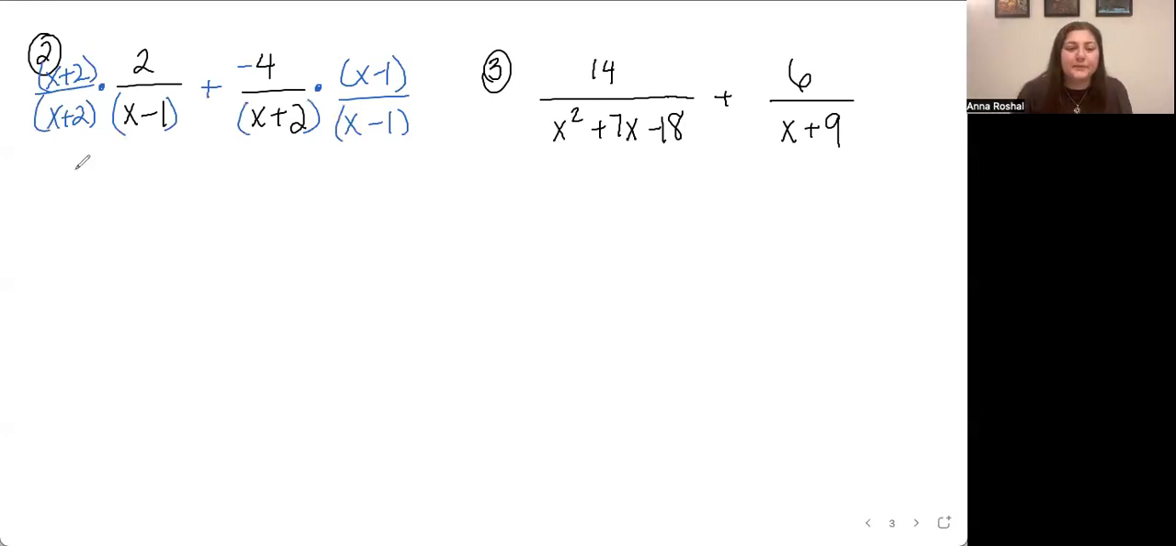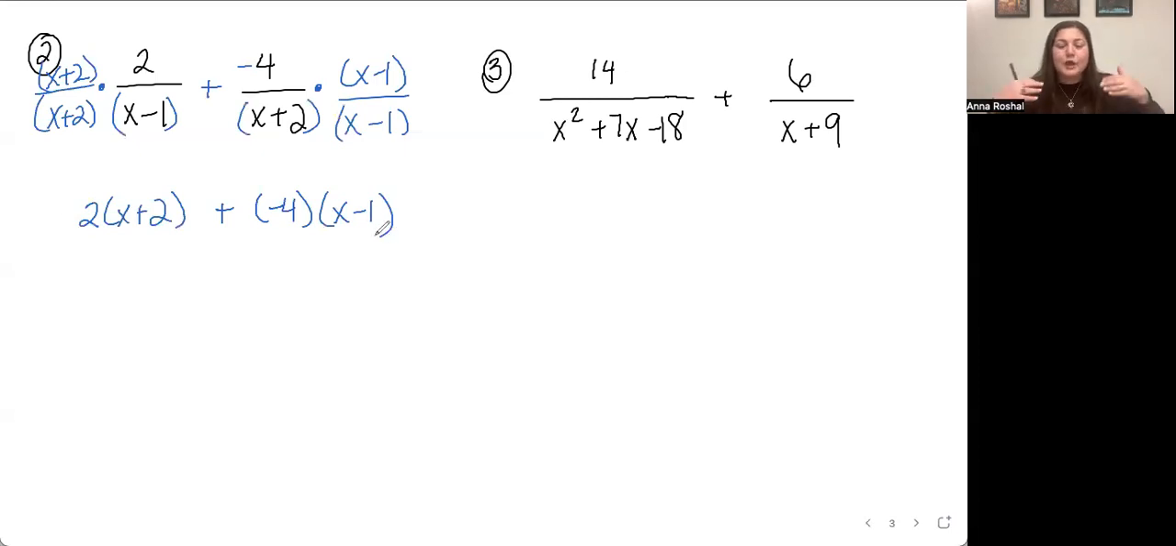So instead, what we're going to do is focus on the numerator. So my numerator, just to clean it up a little bit, is this 2 times x plus 2 plus this -4 times x minus 1. You don't have to write it down every single time in this fashion. I think this particular step of cleaning it up doesn't have to happen. But in order for me to explain the process to you,